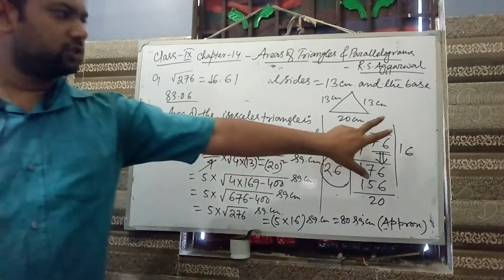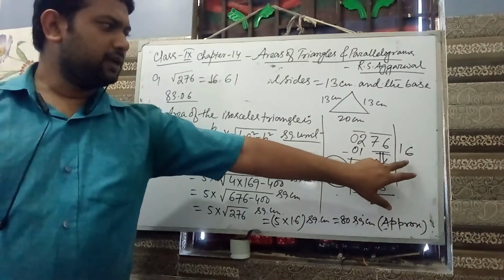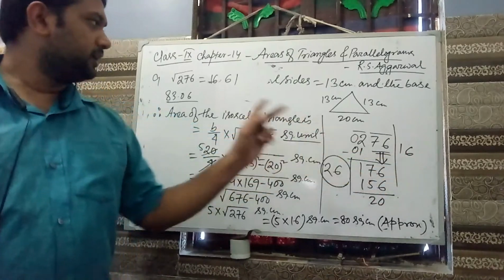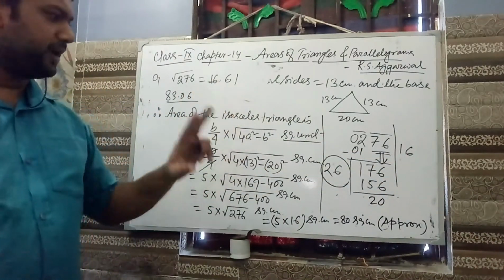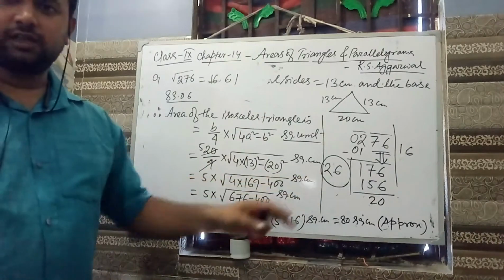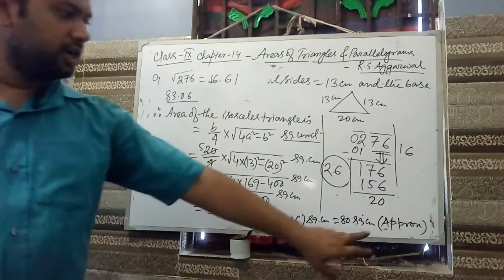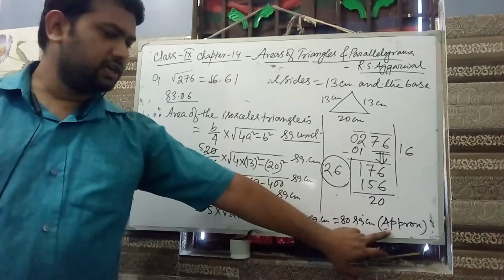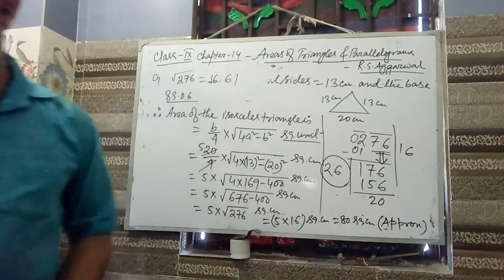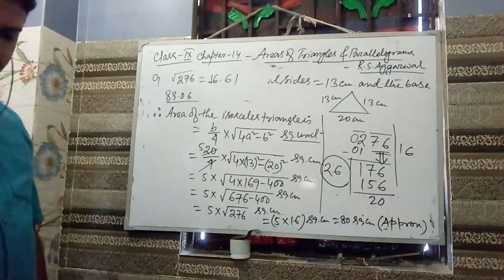We have taken the approximated value. We have taken only the whole number. They have taken digits after 2 decimal places. Okay. So don't panic. Our sum is also correct. But here you have to write down approx. Okay. Here you have to write down approx. Clear? Any doubt?